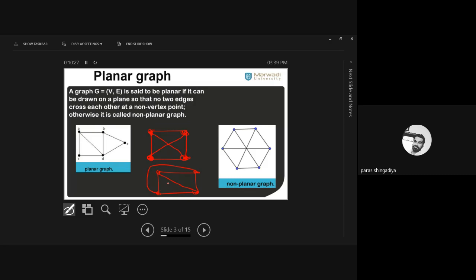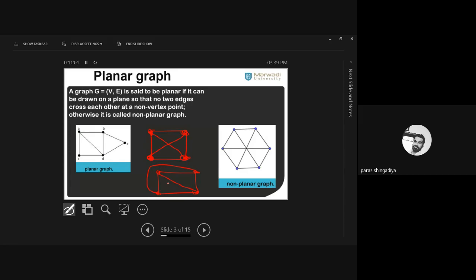What is your conclusion for the second graph? It is a planar graph because it is possible to redraw this graph in such a way that we can remove the crossover between the edges. You can use the inside boundary, you can use the outside boundary also. You have to draw this graph on the plane. So we can consider any region, inside region as well as outside region, to complete this graph, to draw this graph in such a way that there is no crossover of the edges, so we have to redraw it or not.